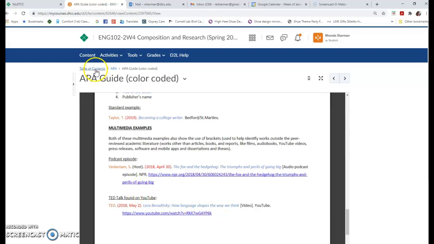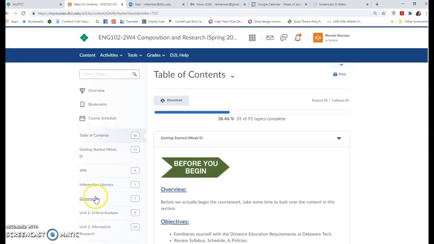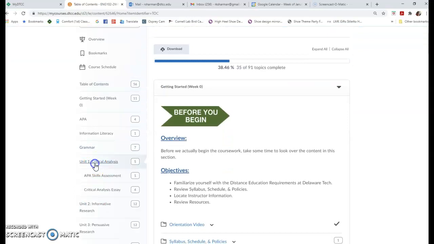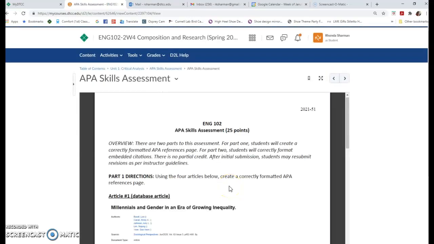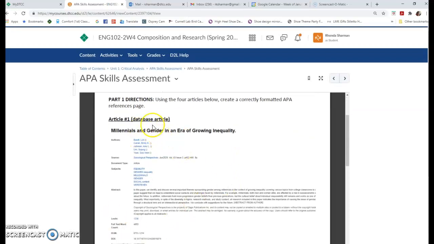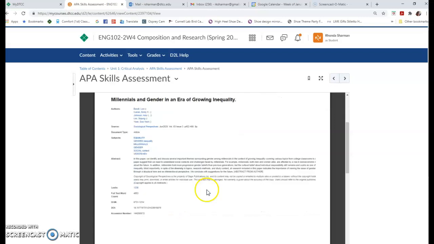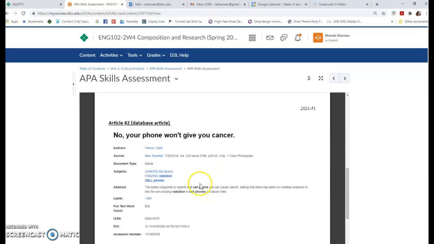So as you are looking at the sources in the APA skills assessment, the first thing you want to see is what type of article this is, and then use the APA guide to help you format it properly with the author, with the date, with the title, etc. Okay, then you'll go to your next one, and again it tells you this is a database article.